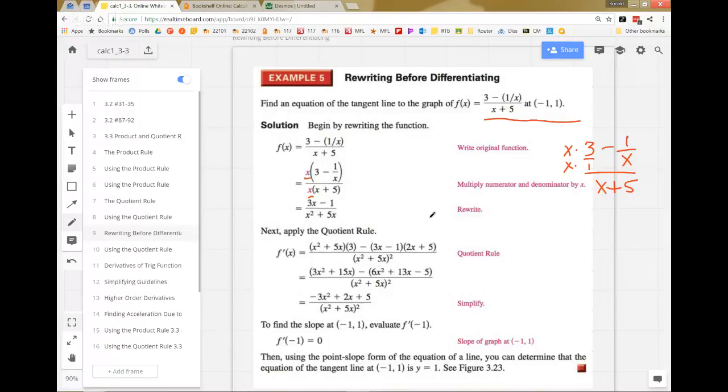On top, you get 3x minus 1. Oh, cool. We lost the fraction. And on the bottom, you get x squared plus 5x. Now we're ready to use the quotient rule. So all this really was advice on how to kind of get the problem in shape to begin. So now that you've got it in shape, now use the quotient rule. Denominator times derivative of numerator, minus numerator, 3x minus 1, times derivative of denominator,